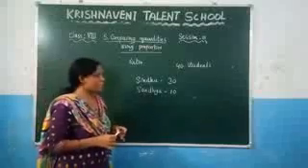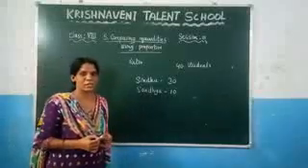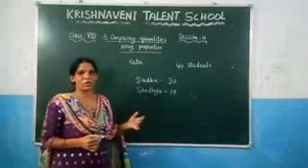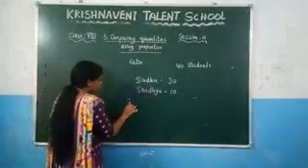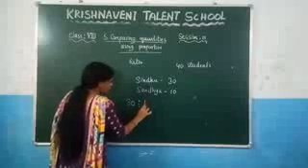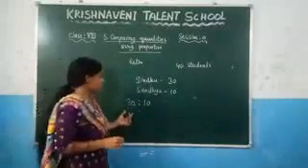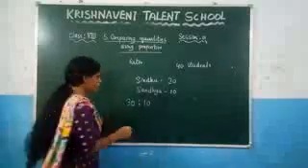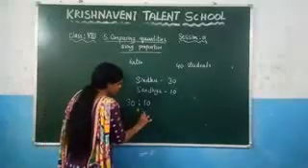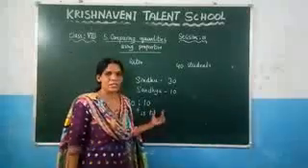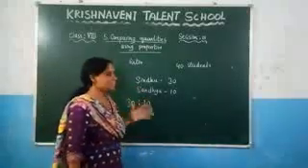If I ask what is the ratio of Sindhu and Sandhya, we have to take the ratio of these two quantities. The ratio is denoted by the symbol of two dots. This we read as 30:10, or 30 is to 10. This is the ratio of Sindhu and Sandhya.